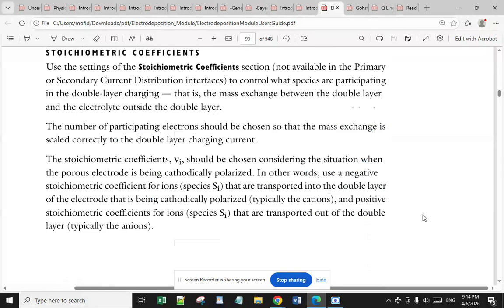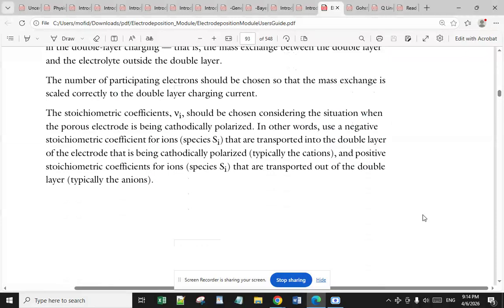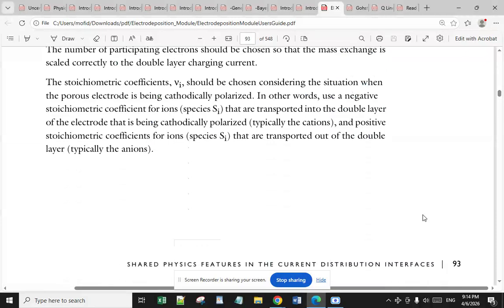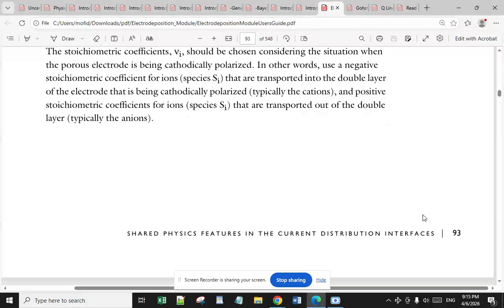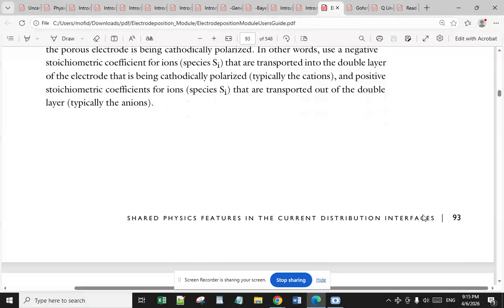The number of participating electrons should be chosen so that the mass exchange is scaled correctly to the double layer charging current. The stoichiometric coefficients (vR) should be chosen considering the situation when the porous electrode is being cathodically polarized. In other words, use a negative stoichiometric coefficient for ion species Si that are transported into the double layer of the electrode that is being cathodically polarized, typically the cations, and positive stoichiometric coefficients for ion species Si that are transported out of the double layer, typically